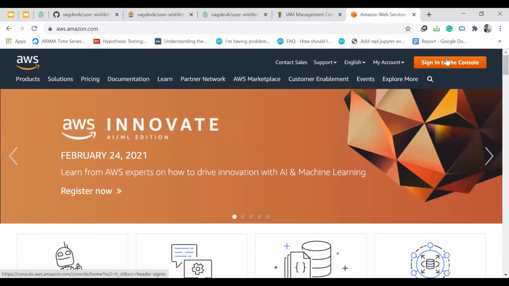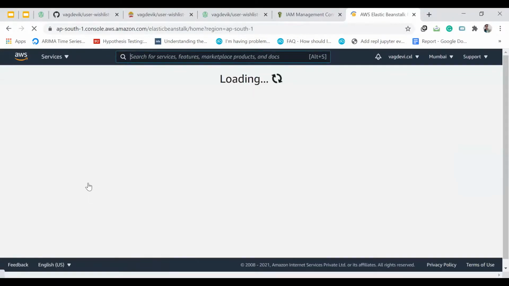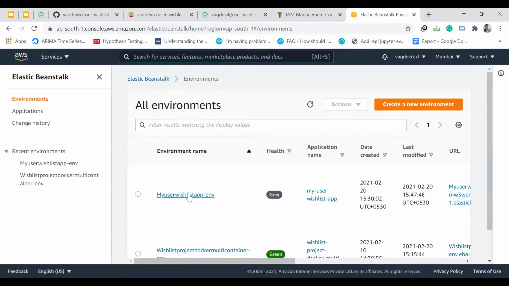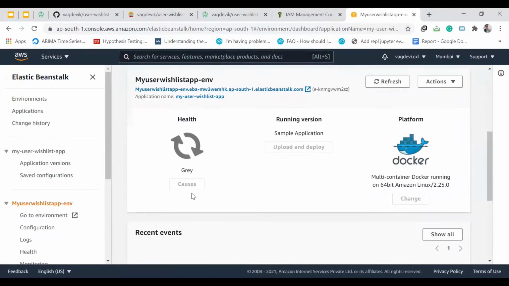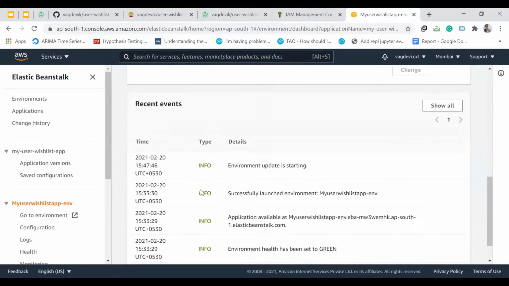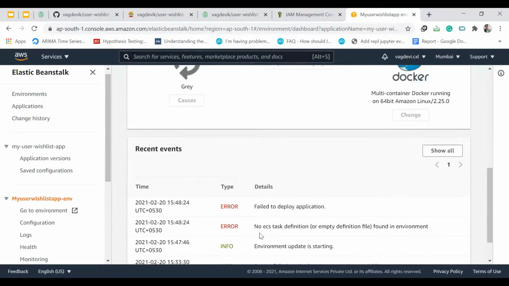Sign into the console. Elastic Beanstalk. This is the thing, right? My user wishlist app. So you can see that the environment is updating. So we can see that there is an error. No ECS task definition, empty definition file is found in the environment. Failed to deploy. So understand that we need to tell how to build the containers and how to make them